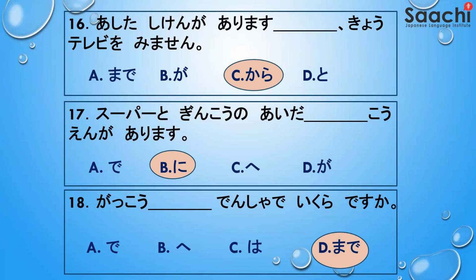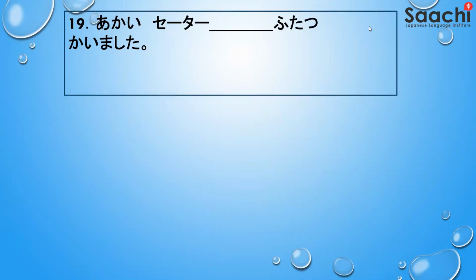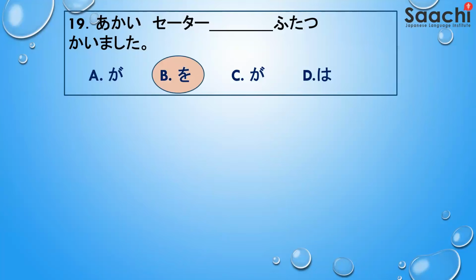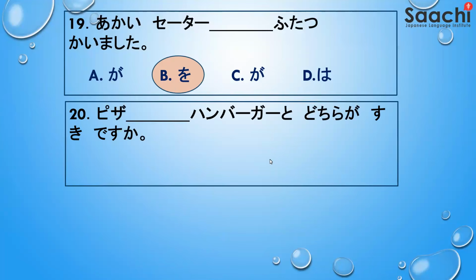What's the cost by train? 赤いセーター。2つ買いました。が、を、は。赤いセーターを2つ買いました。O is the object marker, を。ピザ、ハンバーガーとどちらが好きですか？や、も、と、を。Connecting two nouns, ピザとハンバーガーとどちらが好きですか？So you have a grammar N1 と N2 とどちらが好きですか？